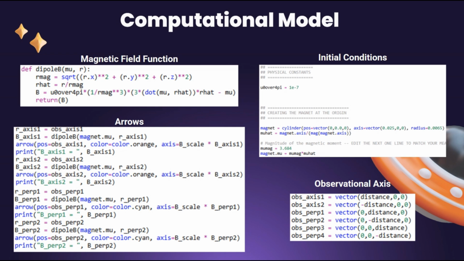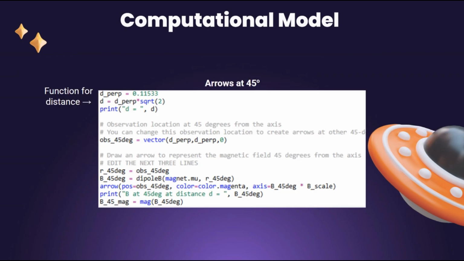Over on the right here, you can see the initial conditions. We plugged in what we found for mu, and then created a magnetic field function on the top left here, utilizing the Biot-Savart law to determine the magnetic field. And then obviously the arrows that represent each part of the dipole diagram, and then finally arrows at 45 degrees,